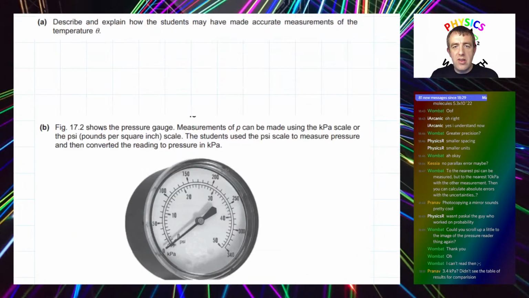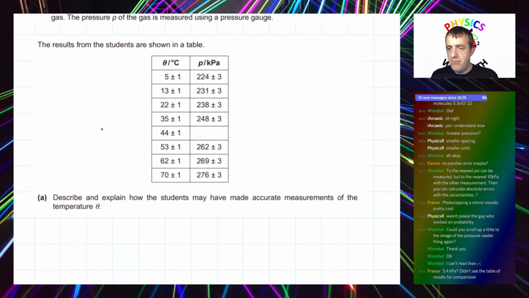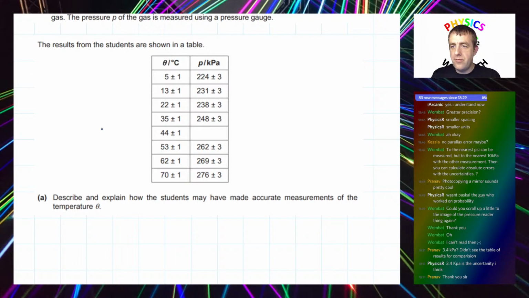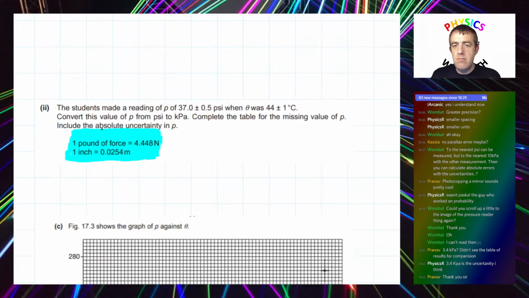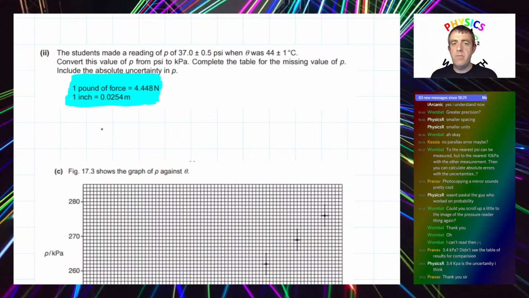Oh, Pranav just wants to have a look and see if the number seems to be sensible. How about that? I think I can see what mistake you've made, Pranav. I think you'll be able to see what mistake you've made as we go through it. Ritva, I think you're correct. Anyone got pressure yet for me? You're going to make me work it out, aren't you?